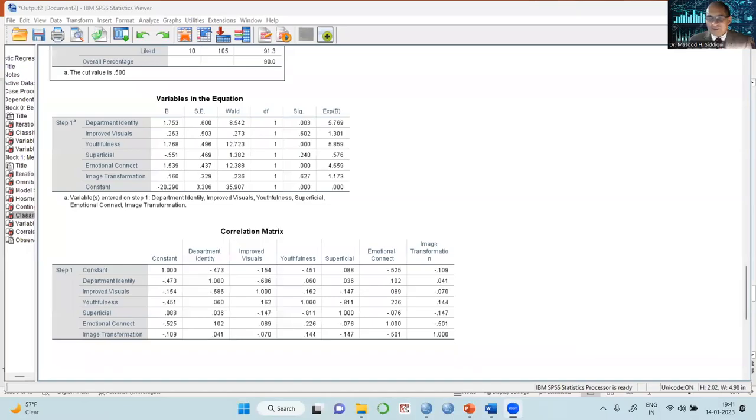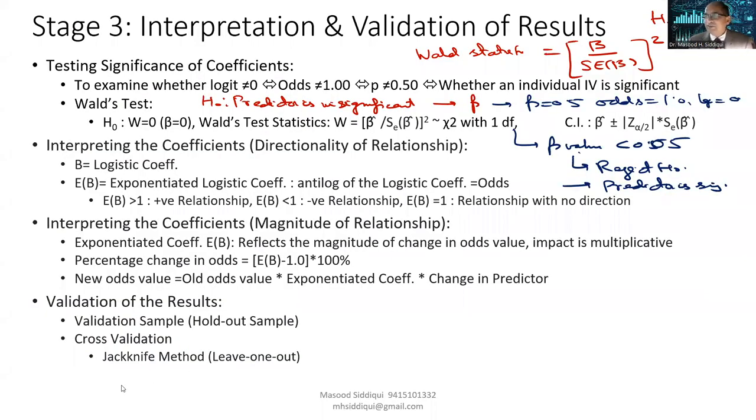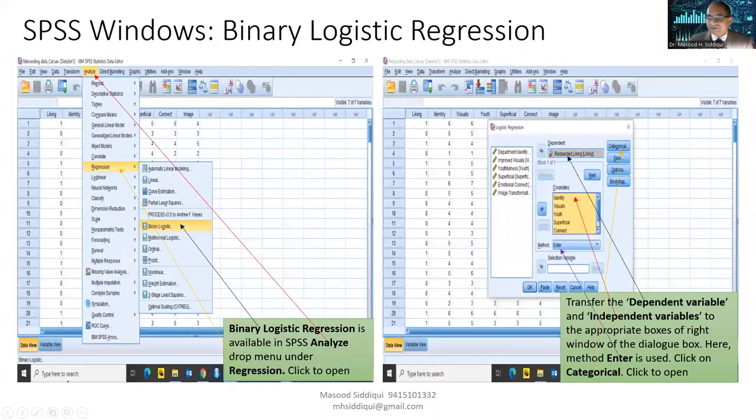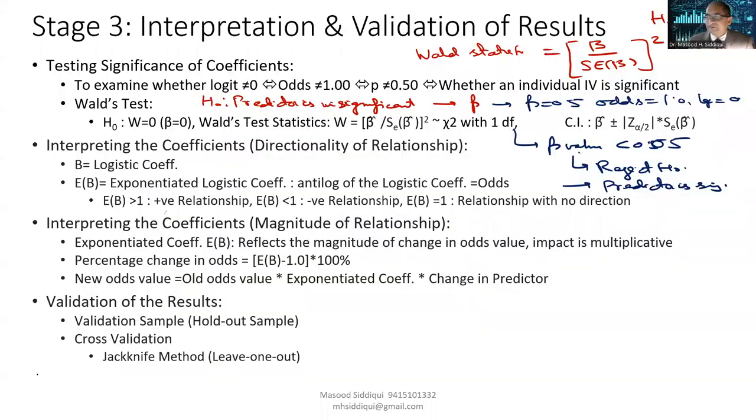As we have examined, the significant predictors are, we write the result here. The first one that was written here is departmental identity,